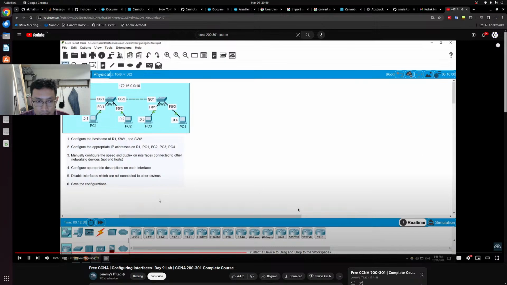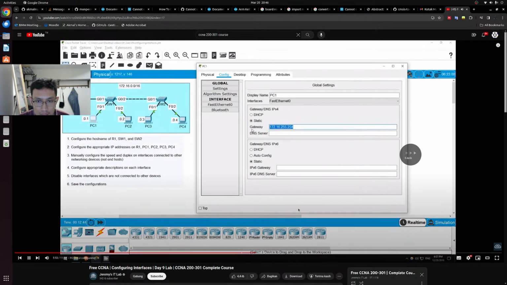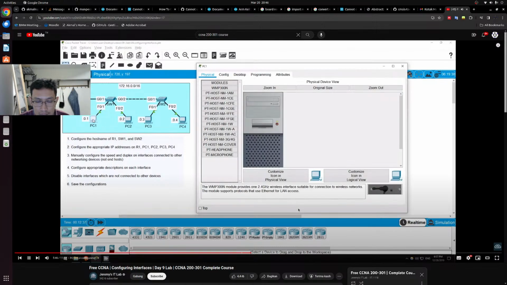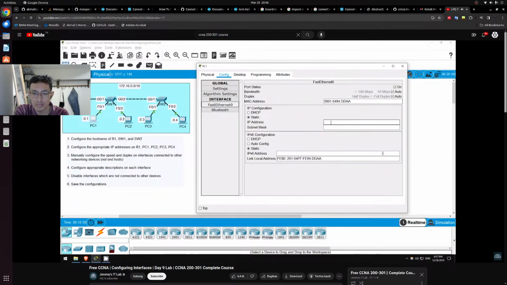Before Switch 1, I'll make the only configuration change we need to make on the PCs, configuring their IP addresses, which is the R1 interface. Now, click on FastEthernet. I pre-configured the gateway. Let's go on PC 1. Click on Config, and notice I pre-configured the gateway, which is R1's address, because it's the router for the network. Now, click on Fast Ethernet 0, which is PC 1's network interface. PC 1's IP address is